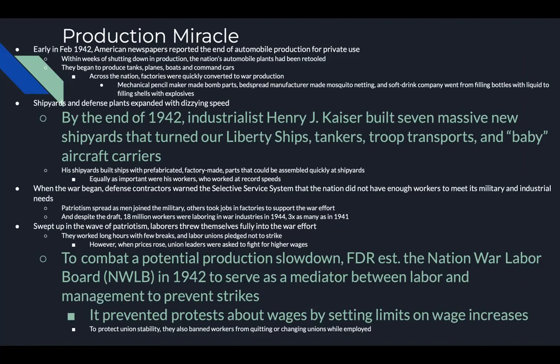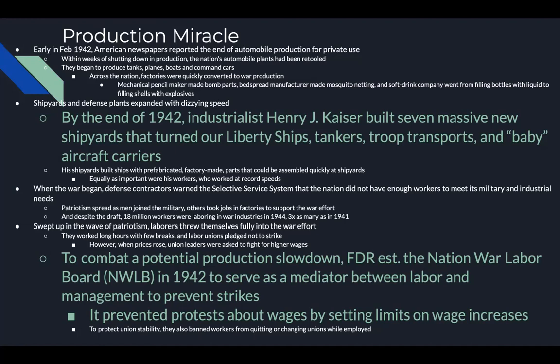Mechanical pencil makers made bomb parts. Bedspread manufacturers made mosquito netting. And soft drink companies went from filling bottles with liquid to filling shells with explosives. Shipyards and defense plants also expanded at dizzying speed. By the end of '42, industrialist Henry J. Kaiser, yes, that Kaiser, your Kaiser Permanente, built 7 massive new shipyards that turned out Liberty ships, tankers, troop transports, and baby aircraft carriers. His shipyards were built with such prefabricated, factory-made parts that could be assembled quickly